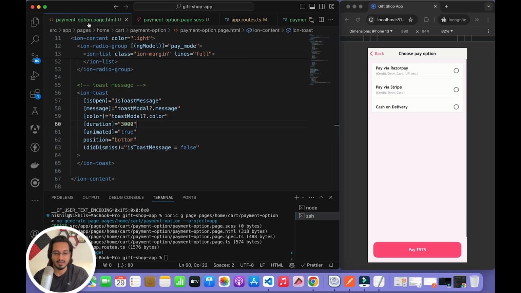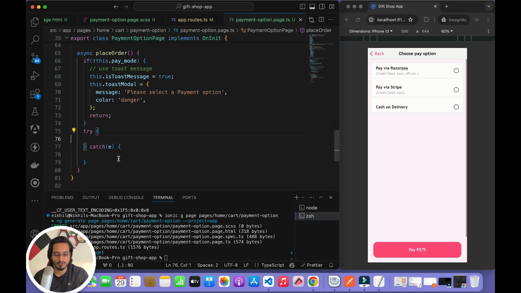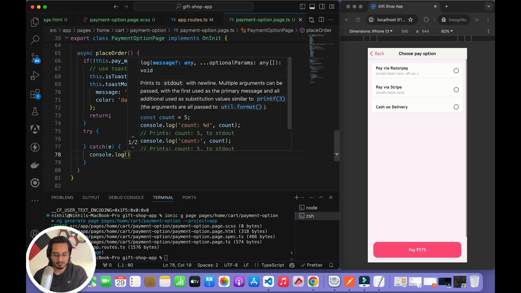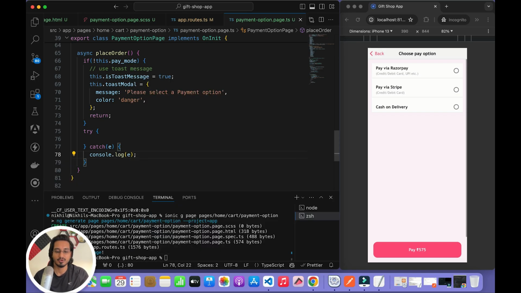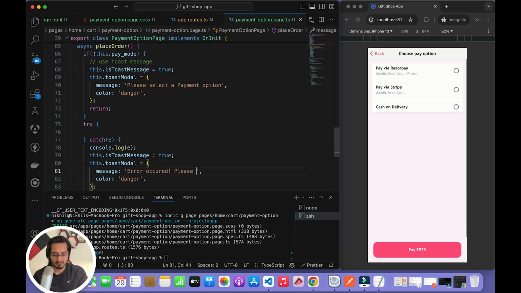Now we can simply go ahead and work with the actual functionality of placing the order. Alright, first in the catch one, I'm going to log the data, not going to throw any error. If you want to, definitely you can, by using this toast message, show that there is some error. Let me just show you. Okay, in fact this particular one also needed: error occurred, please try again. Okay, so I'm not showing what's the error. You will have some error message here. If you get something, definitely you can pass it here,